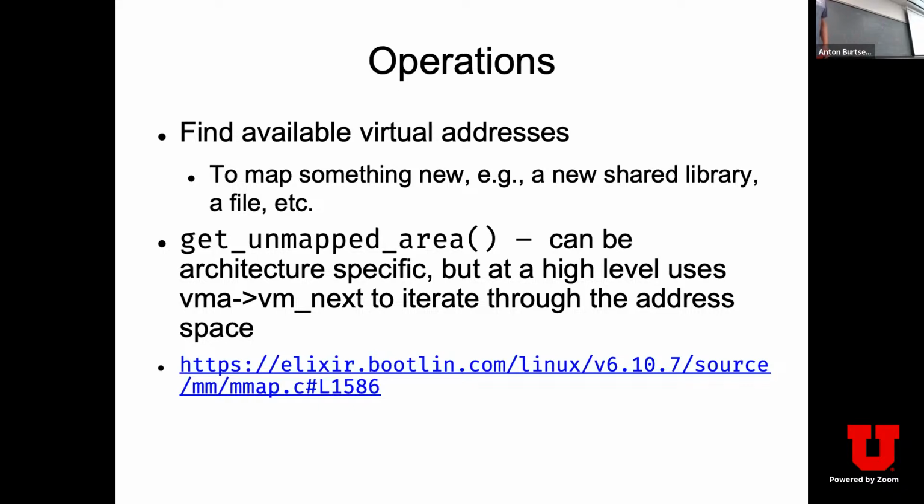So the question is, how will we implement them? The first one is to find available virtual addresses, right? For example, when the kernel wants to map something new, like either load a shared library, or memory map a file, or just create an anonymous region, which will provide memory for the malloc allocator. So essentially, it boils down to this get_unmapped_area function,